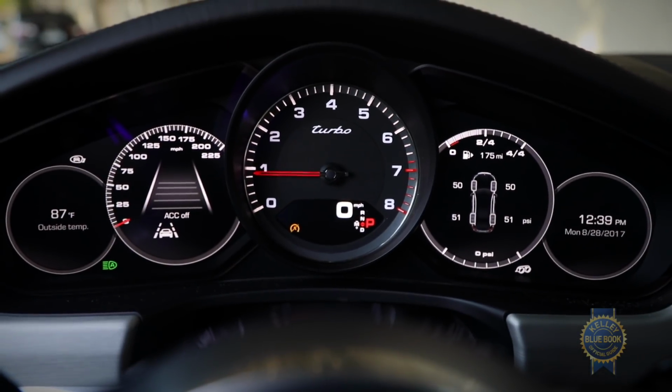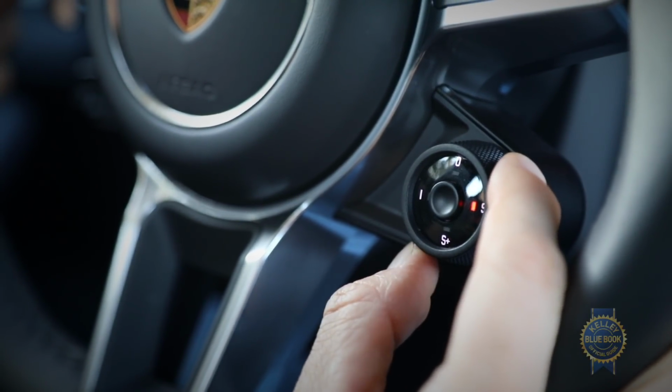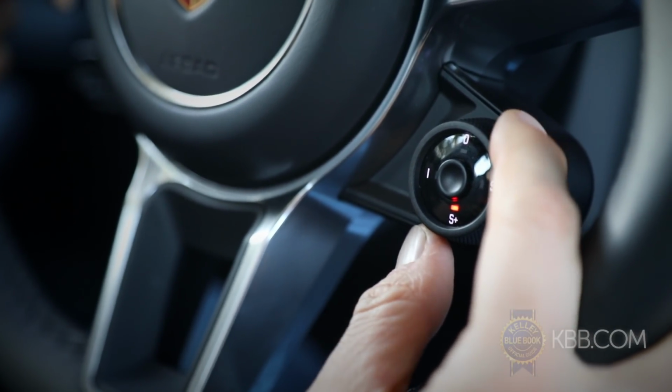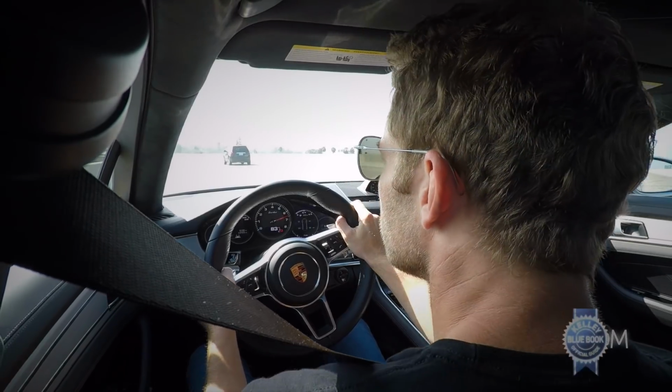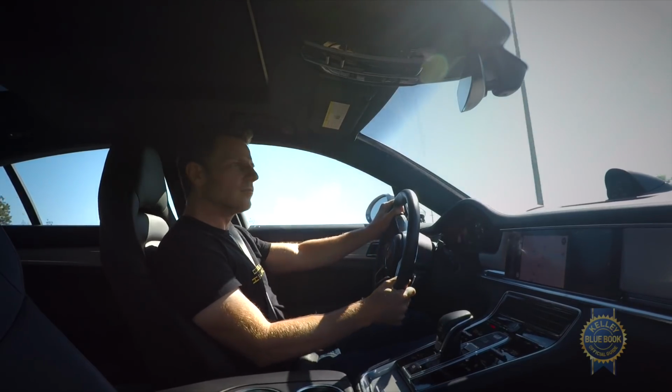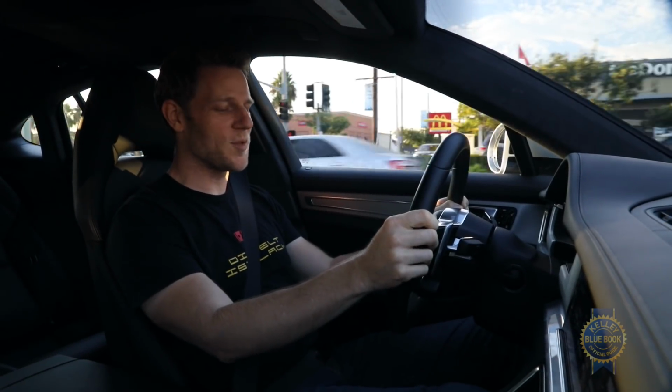Sport Chrono package, which adds an analog stopwatch and the steering wheel mounted knob to select between normal, sport, individual, and the action-packed Sport Plus drive modes, each offering distinct throttle, steering, transmission, and chassis behavior. Placed in the middle of that knob is the Sport Response button,